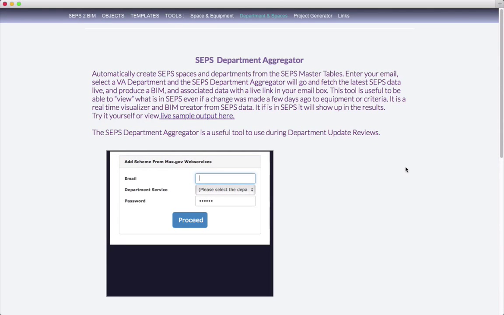The SEPS department aggregator takes the SEPS default department data for a specific department and creates data that can be imported into BIM and creates a BIM on the fly. This is a web-based tool that's free. You put in your email address,